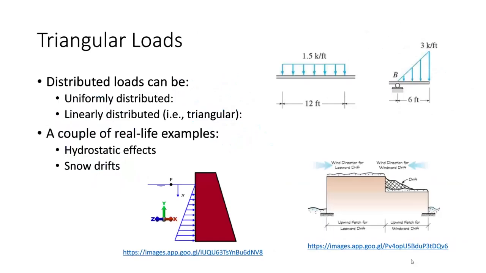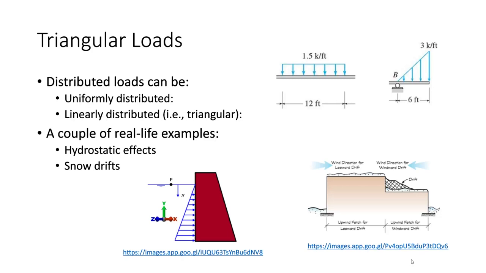Now, here I go making things complicated. In addition to uniformly distributed loads, so this is a uniformly distributed load, this will just be a constant load, we are also going to deal with triangular loads. Okay, so we are going to deal with loads that look something like this. So like from B to the end of this beam, we go from 0 to 3 kips per foot, linearly